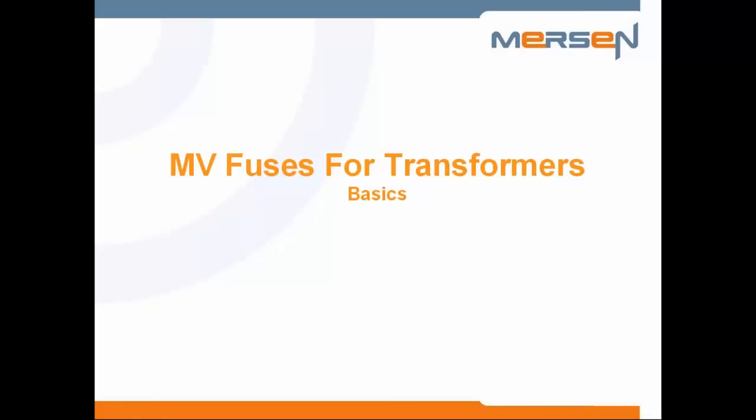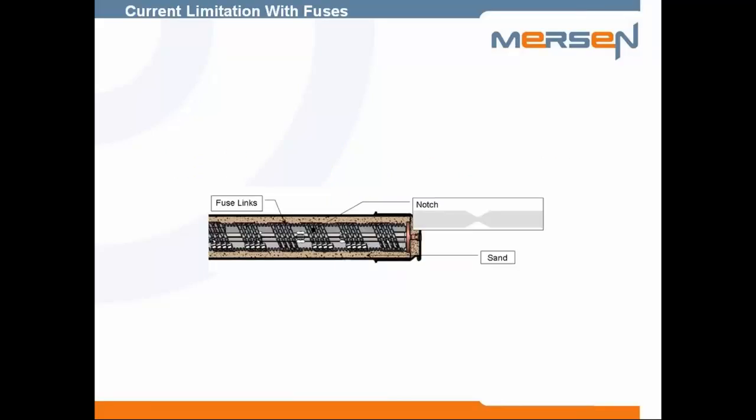Next, we're going to talk about medium voltage fuses for transformers and some of the basics. Current limitation is the primary reason fuses are selected for primary protection. If you notice on this fuse cutaway, there are 4 parallel links that are helically wrapped around a core. Each link will have near 100 notches, as shown in the little cutout here. These notches have a higher resistance than the rest of the link and will melt first in the presence of